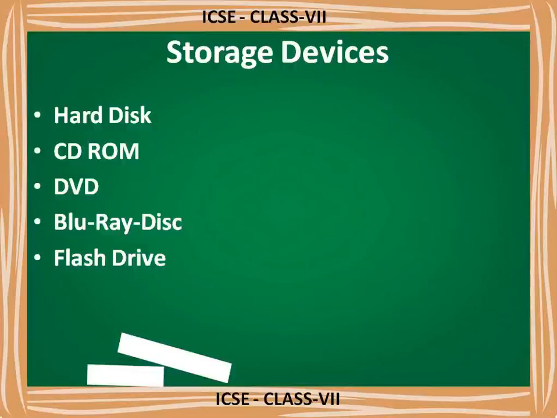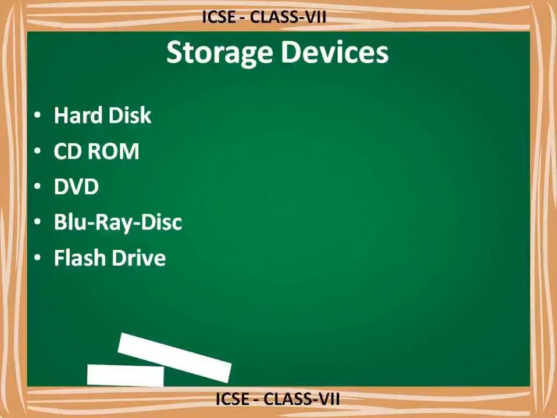CD-ROM. CD means compact disk, ROM means read-only memory. Again, it is a secondary storage device. In this CD-ROM we can store data up to 700 MB. Usually a CD-ROM is used to store software or a small amount of data, and it is read-only, meaning once that CD gets written, we cannot add any contents later. You can only read the information from that CD, but you cannot write anything on that device.